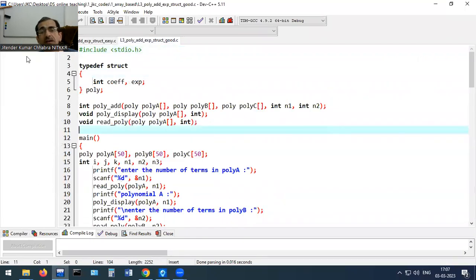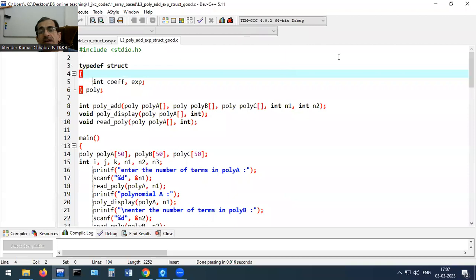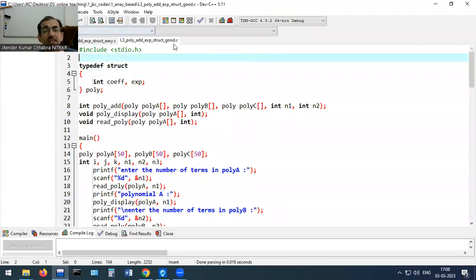Okay. So now you can say this is a good code or a better code, where I have given here